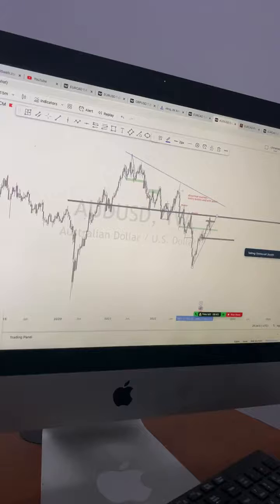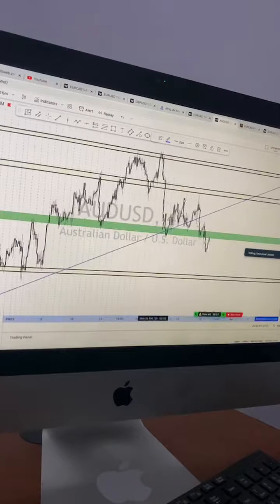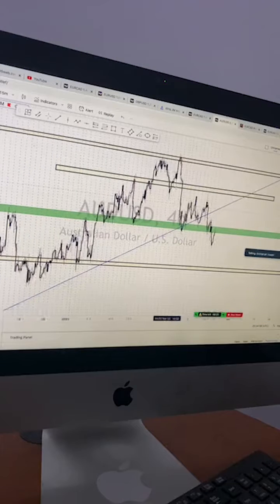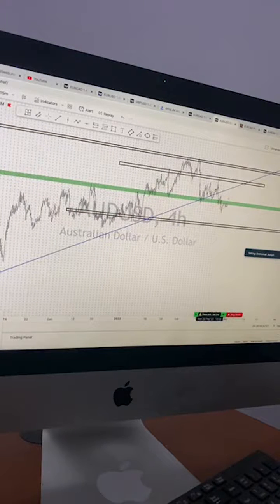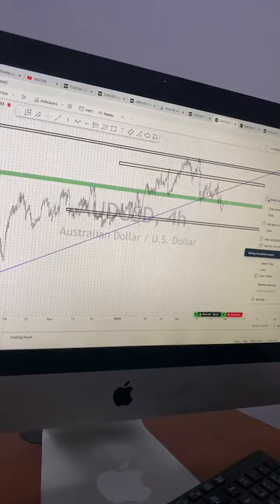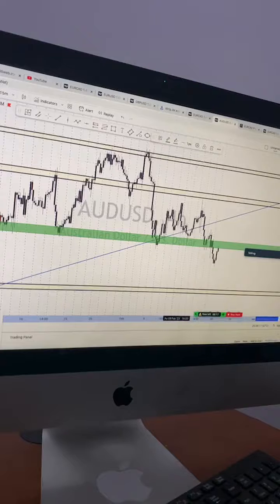If I come to daily time frame, if I come to H4, we can already see that market invalidated this neckline. Alright? Can you see? It has broken out of this structure. So yeah, if I take this out,